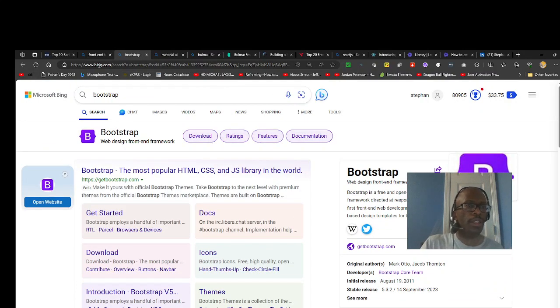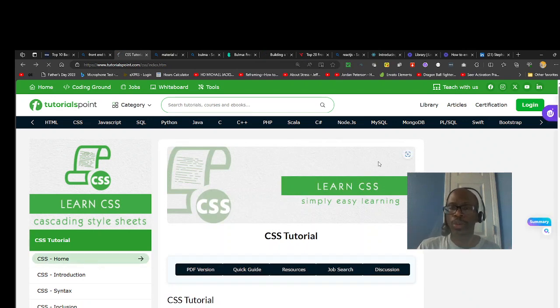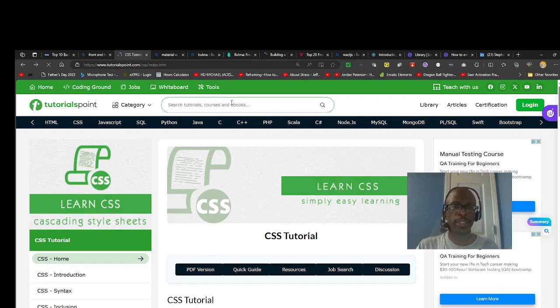I'm gonna go over the back end. So to learn the back end, you have to understand the front end side, which is HTML, CSS, JavaScript, and any of the